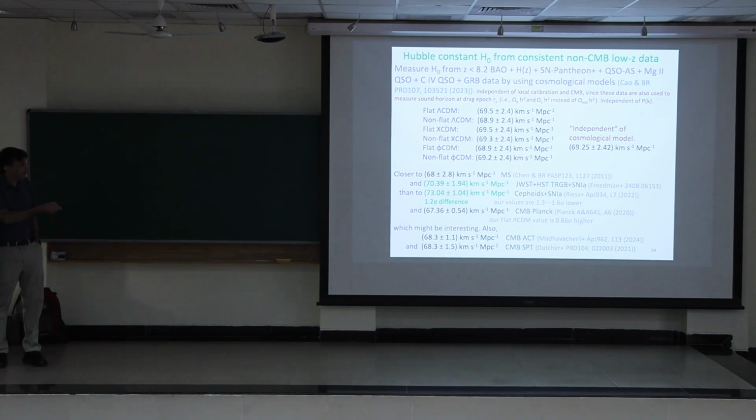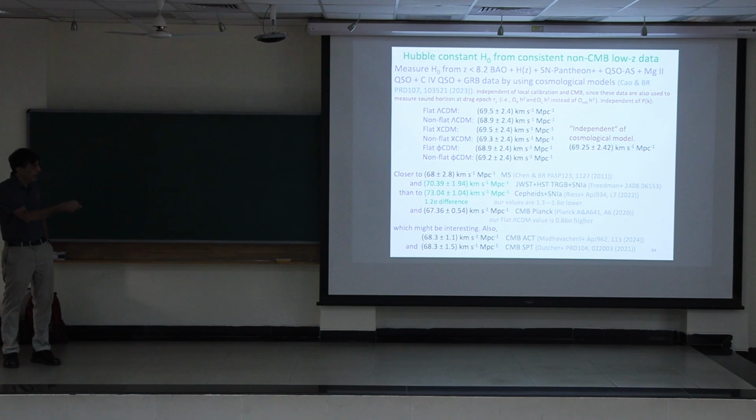So we're going to look at this with 6 different models, and we'll marginalize over all parameters except H0. So this is a measurement of H0. If you just focus on this model, it's a measurement of H0 that assumes the lambda CDM model, and it's completely independent of the CMB. It's completely independent of local calibrators like Cepheids or the tip of the red giant branch. And so that's what you get: 69.5 plus or minus 2.4.